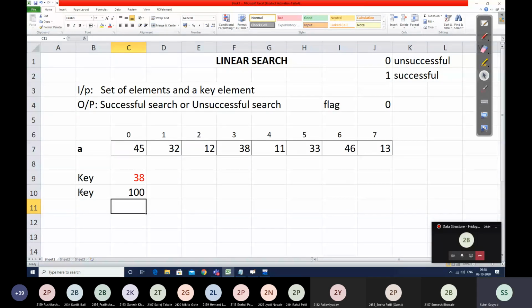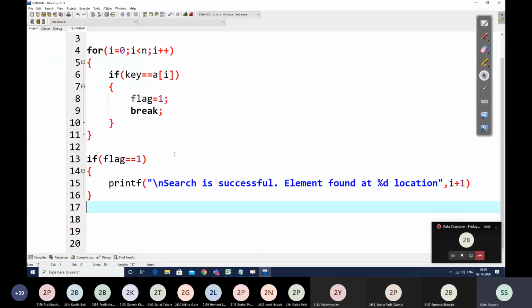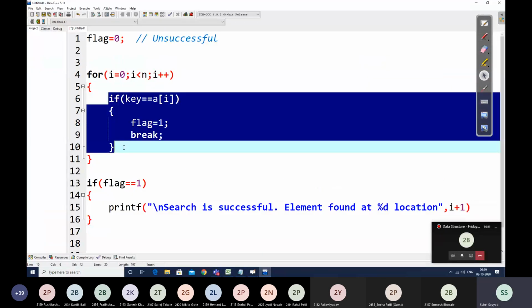But the condition of key equal to a of I will never be satisfied, because 100 is not present in our array, right? So when we try to give an element which is not present in our array, my logic is never going to come inside this if. So the flag is not going to change in that case.